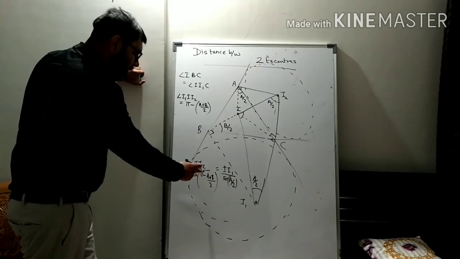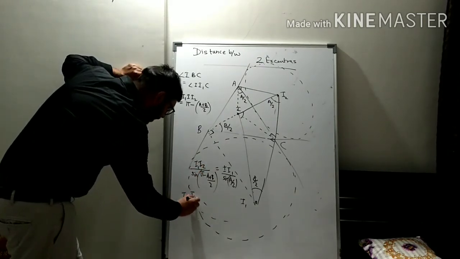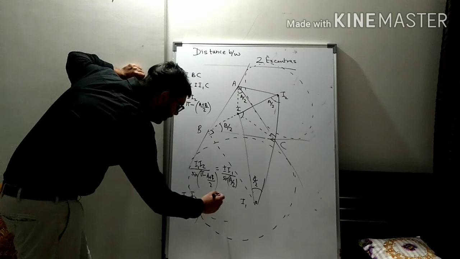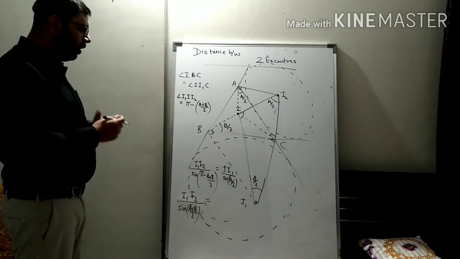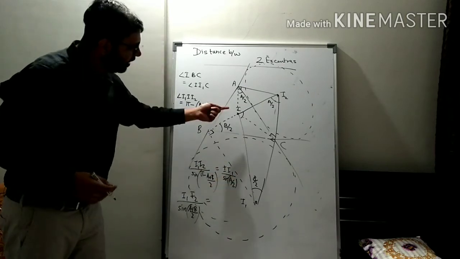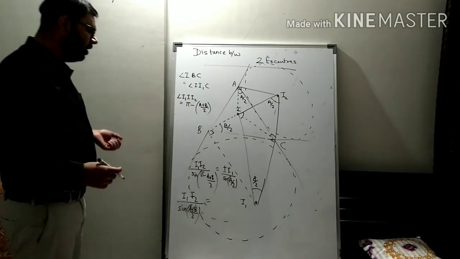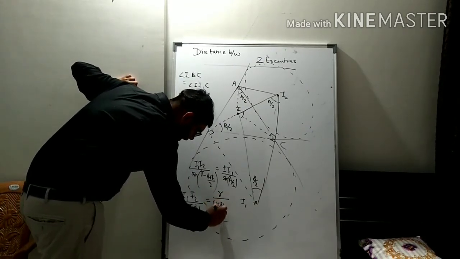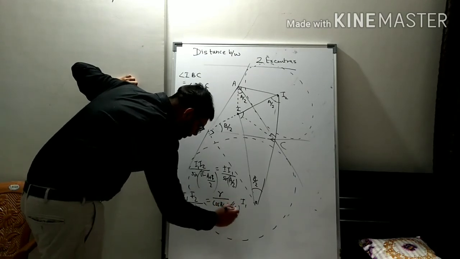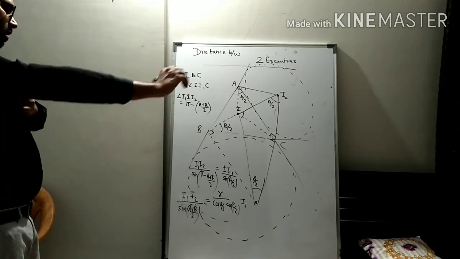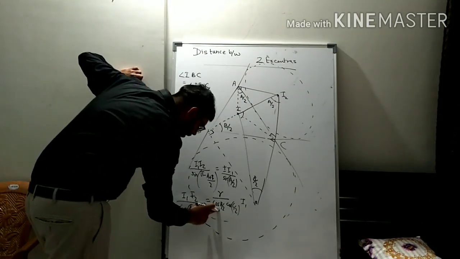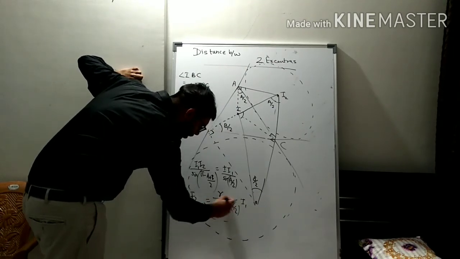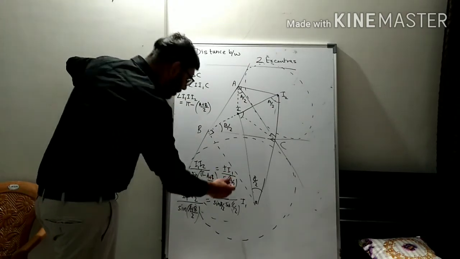Now sine of pi minus theta is sine theta. So we can write this as sine of (A plus B) by 2 is equal to I1. I1 I just calculated in the previous proof. I1 was the distance between the incenter and the excenter. In the previous result we calculated that it was R upon sin B by 2 sin C by 2, divided by sin A by 2.